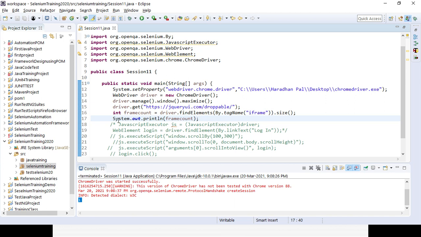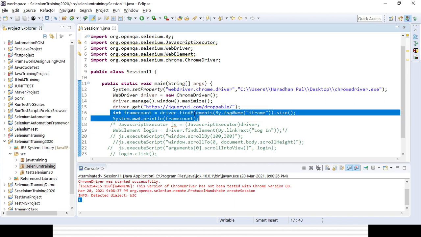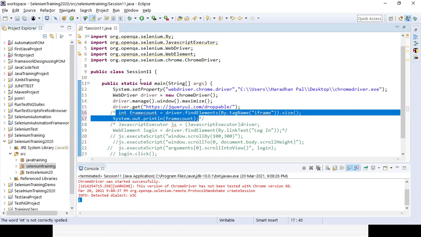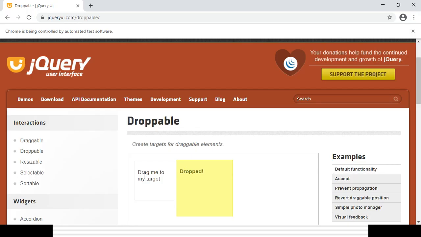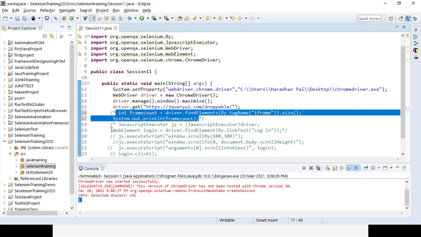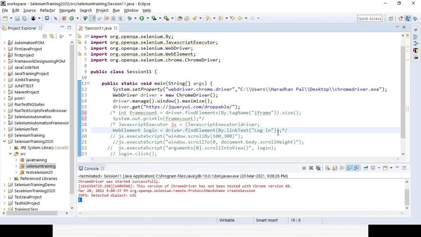So let's comment out this code. For that, definitely first I need to go to that element, so I need to use the options, whatever we have written here. First I will be identifying that element.